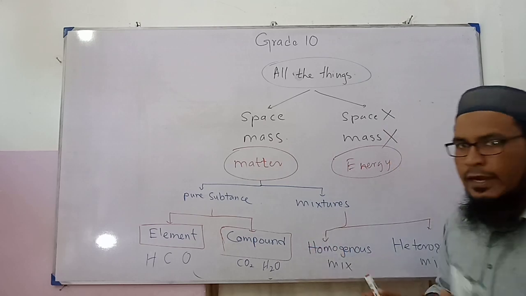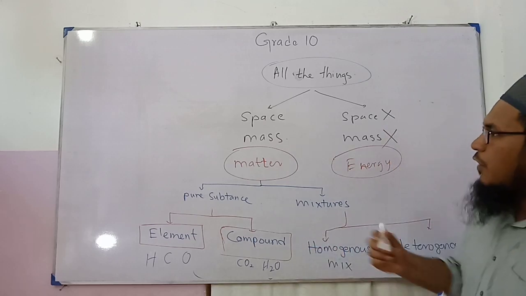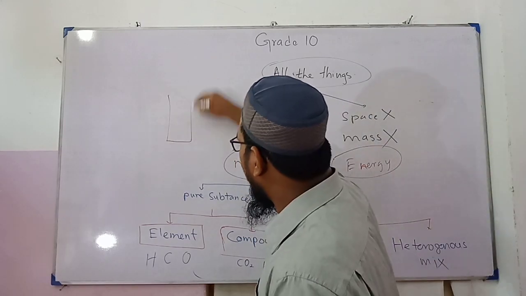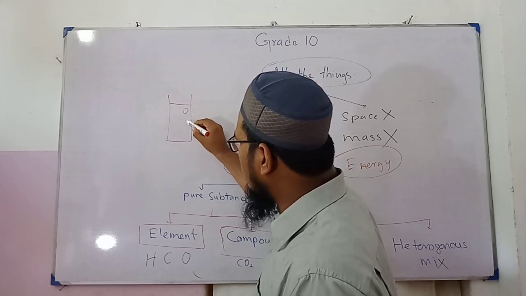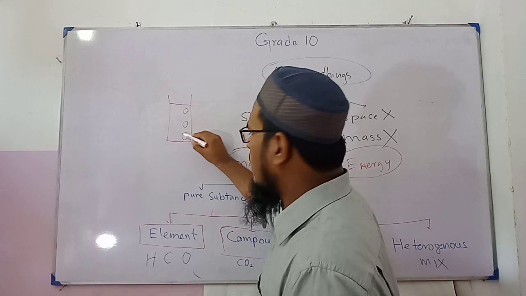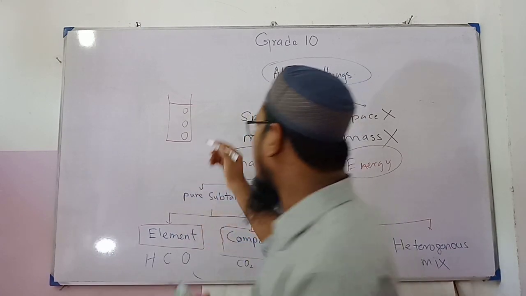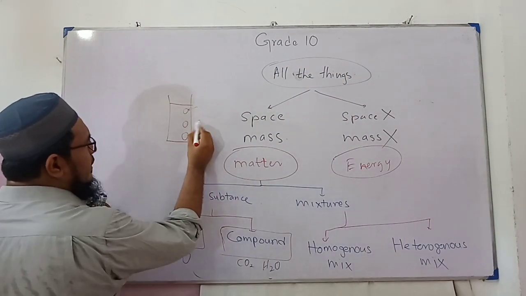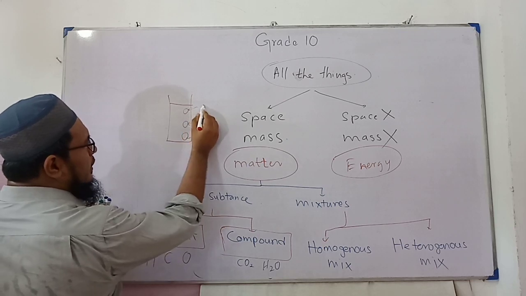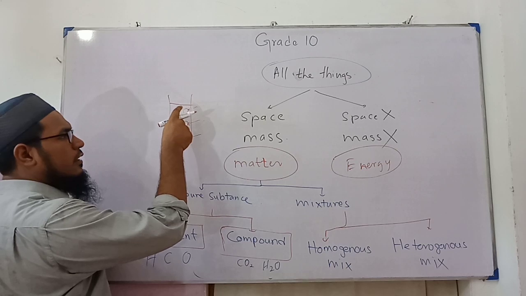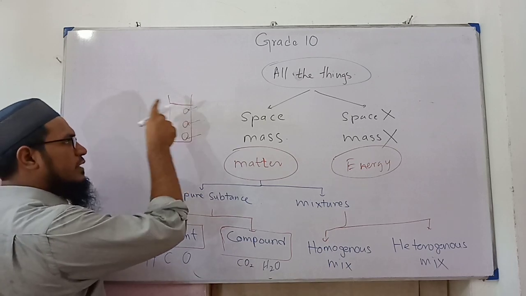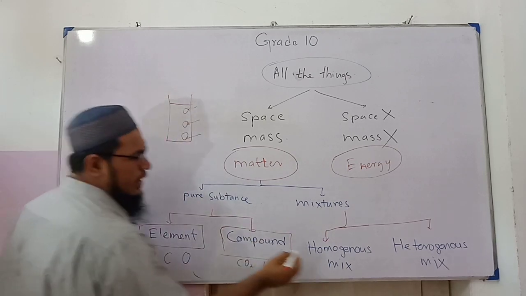That you will be learning in grade 11. If you have a liquid, the concentration, the density, the chemical and physical properties are the same at each point. At point A, point B, point C, if the chemical, physical and biological properties are similar, it is called